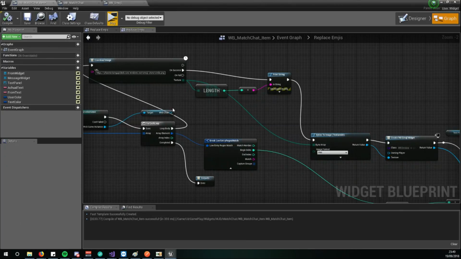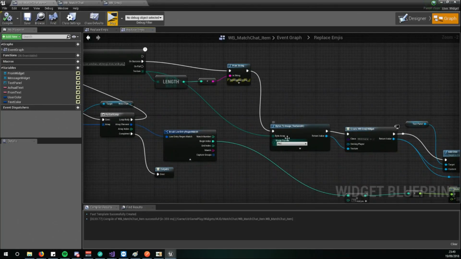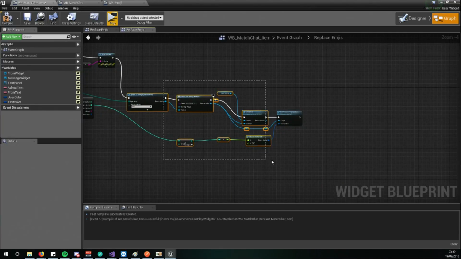But basically that got to a stage where now it will download that file, that image, store it, output that as a byte array rather than a texture 2D dynamic, and then from there, at the minute it is rather basic and just converts it into a texture 2D, but later on we can use this to store it, cache it, and basically do whatever we want with it. We can mess around. So what I can do quickly is just neaten this up a bit,